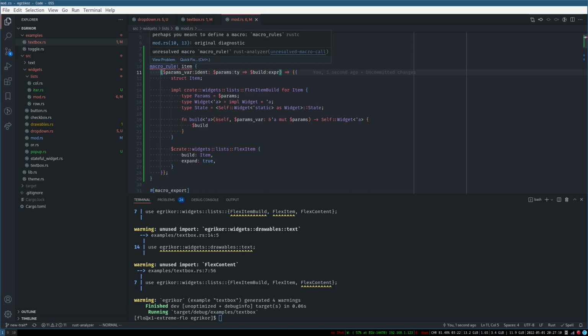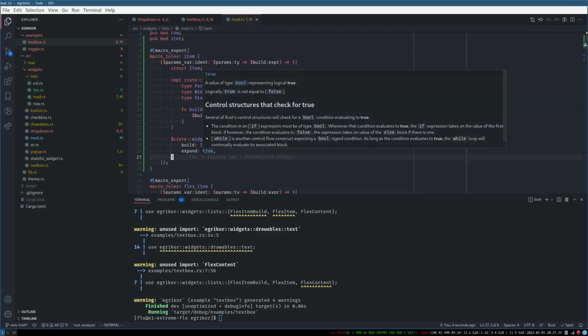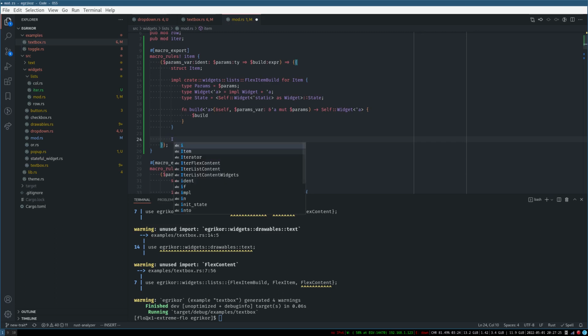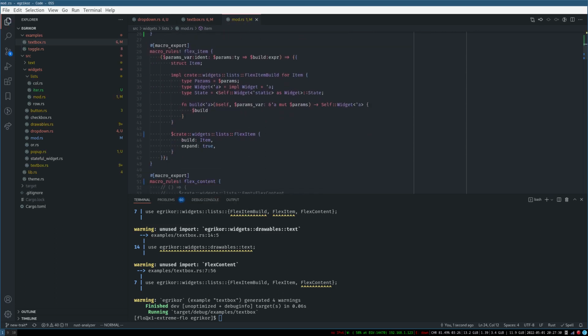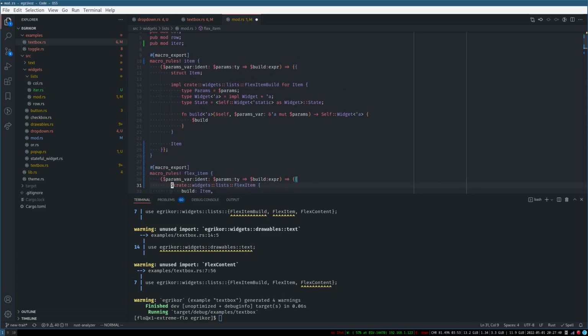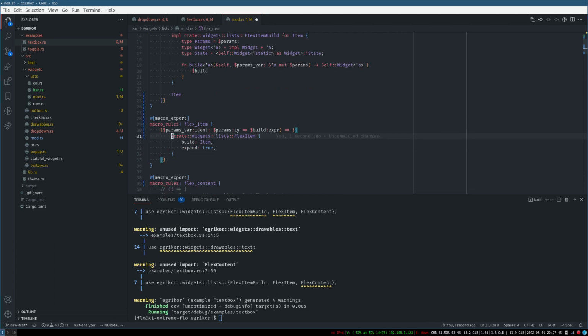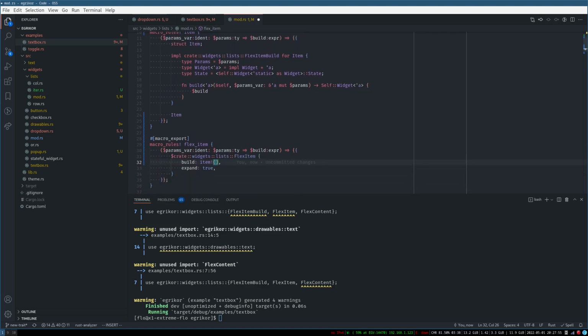Perhaps you meant to define a macro. Missing S. Right, so we just return item, and then here, right here is just always true, so yeah, we can do item, I guess just